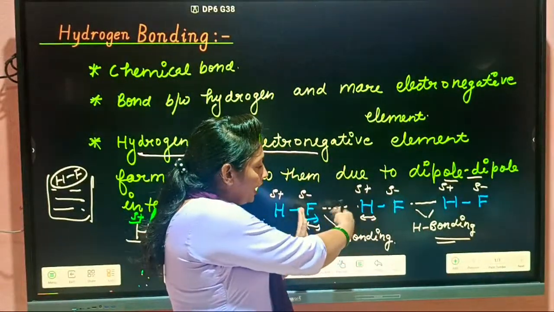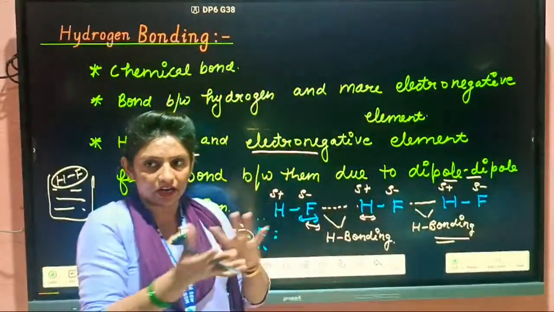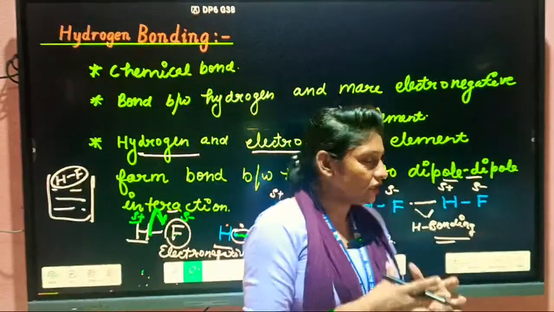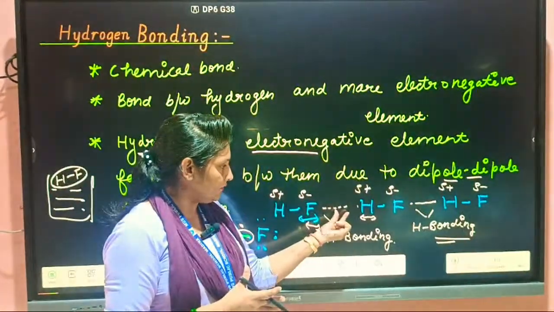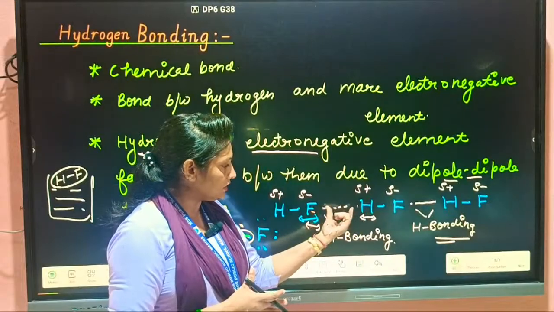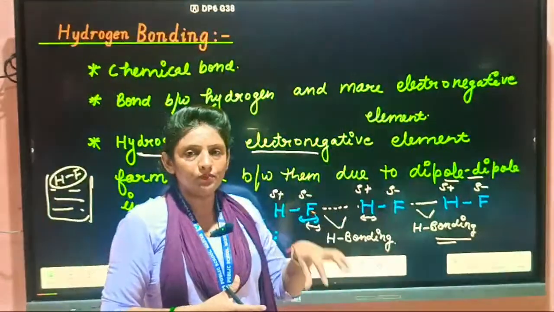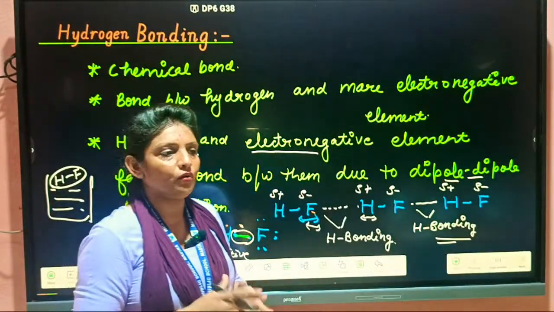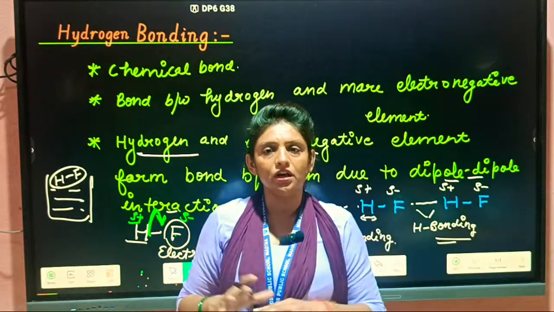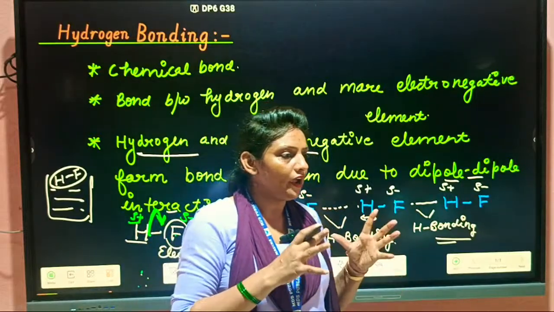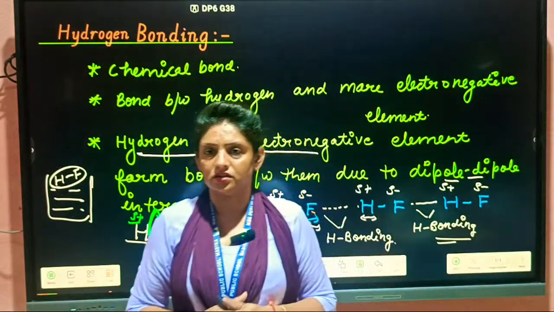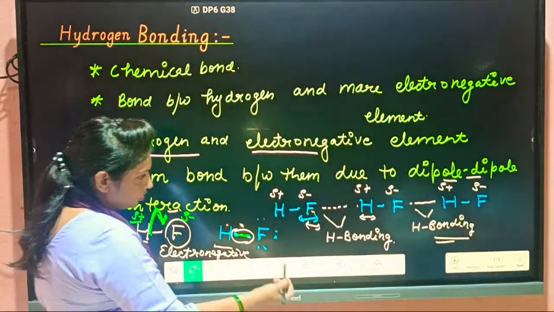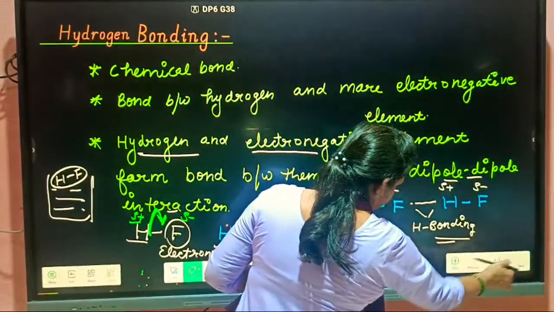So two poles, positive and negative, are interacting with each other. This interaction between positive and negative poles is known as the dipole-dipole interaction. Clear or not? So why are they forming the bond between them? They are forming the bond due to the dipole-dipole interaction. Is it clear or not? Yes. Then students,